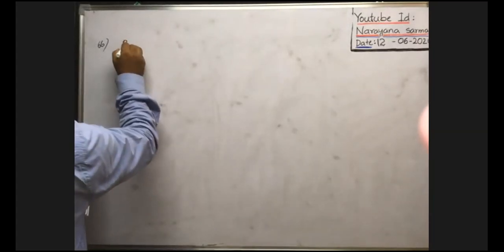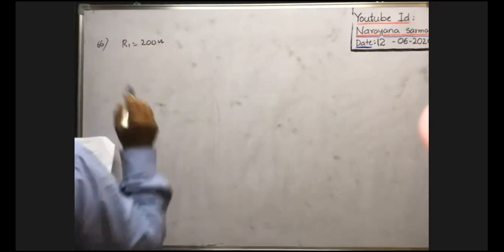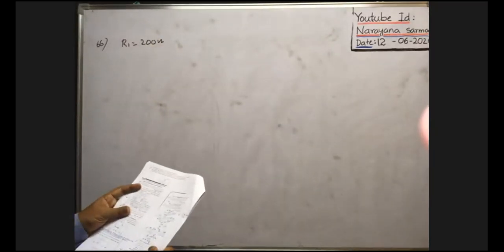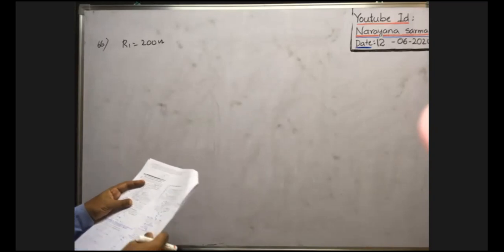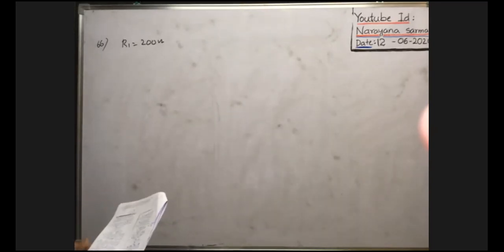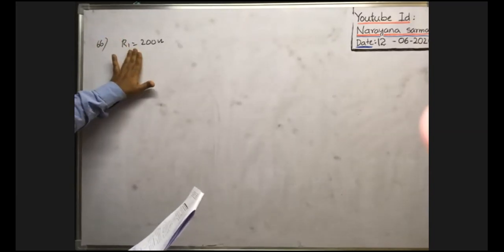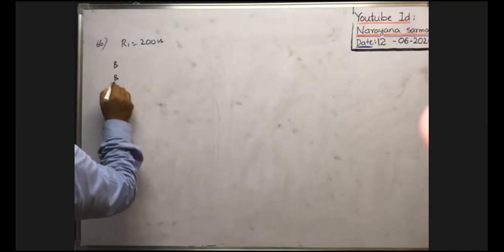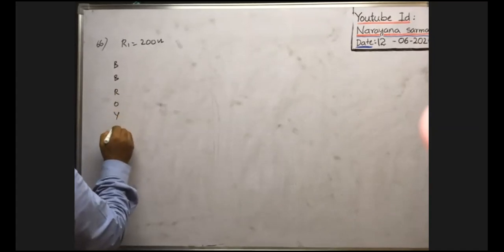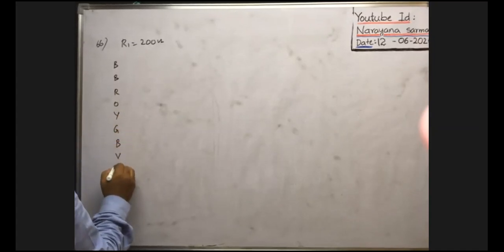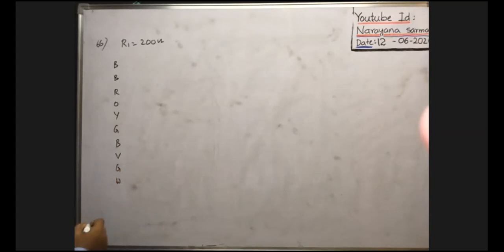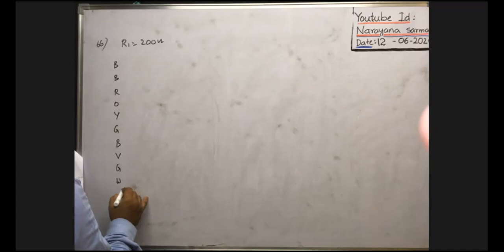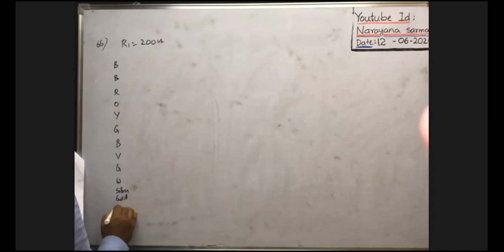Here in the first case, resistance is equal to 200 ohm. If one replaces the red color by green in the code, what is the new resistance? To obtain this resistance, what color coding do we require? Already we know the color coding: B.B. Roy of Great Britain has very good wife. Next, silver, gold, no color.